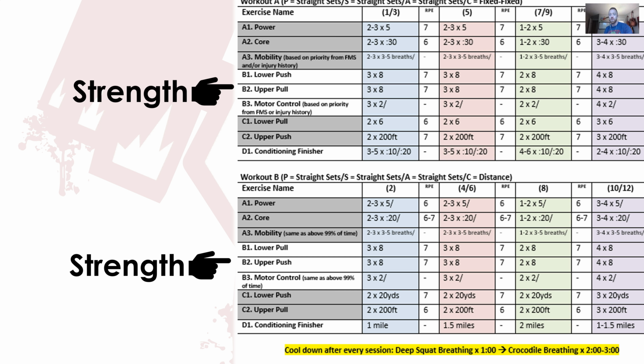So oftentimes we will skip the assistance, because think about it, we're going to introduce 2 more exercises. We're going to do multiple rounds of that. Then we're going to go to conditioning. And this person is just overwhelmed, potentially feeling silly, and we're cutting into the likelihood that they're going to be consistent with their training because it's just too much. So we will skip this oftentimes and go from our strength straight to our conditioning.